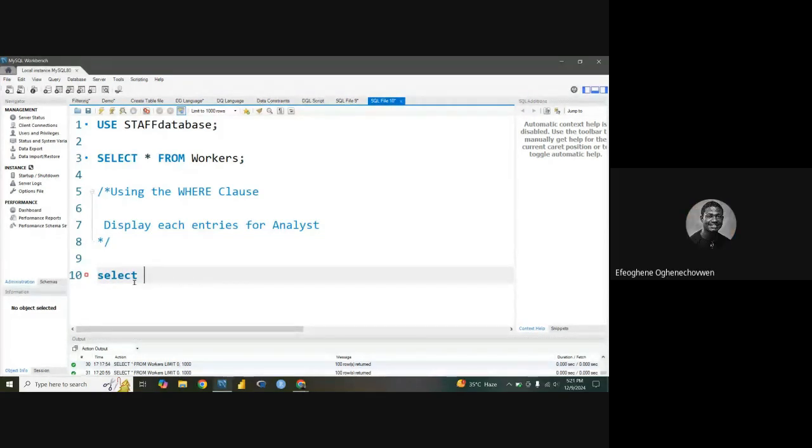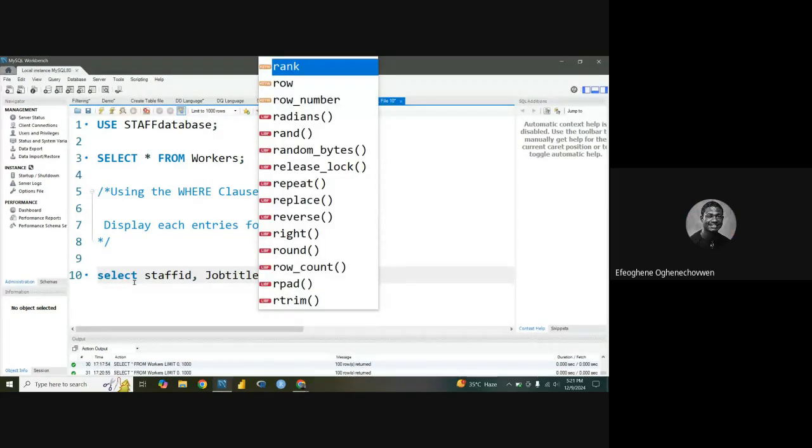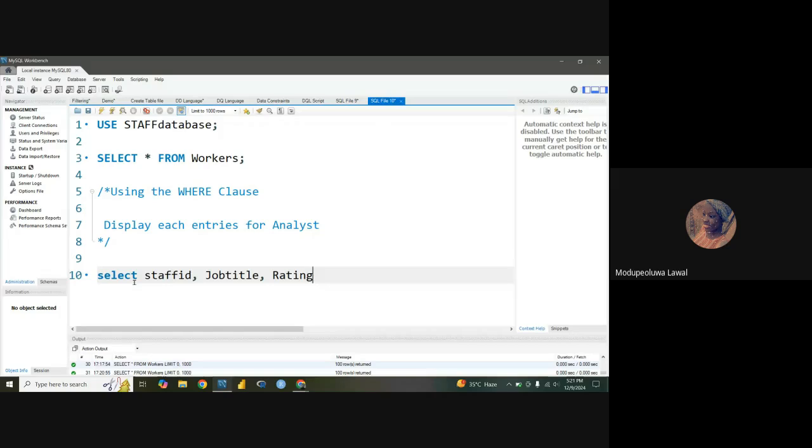Let's just work with three columns: staff ID, job title, and rating. Select asterisk from workers. No, I don't want to return all the columns. Okay, continue. From workers, where job title equals to